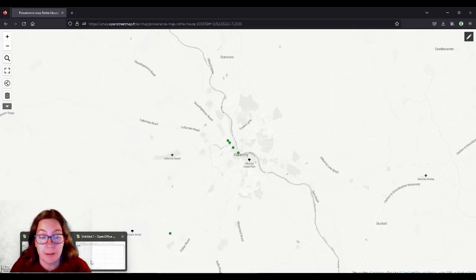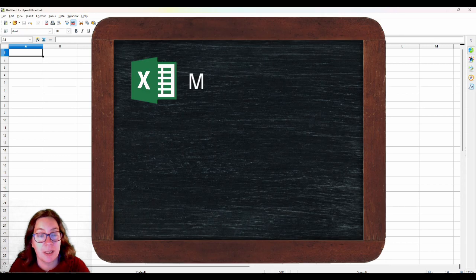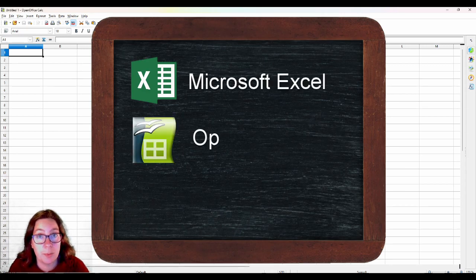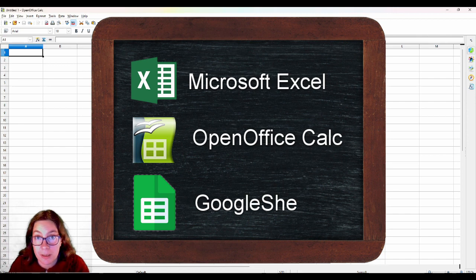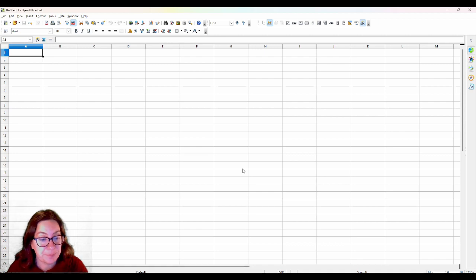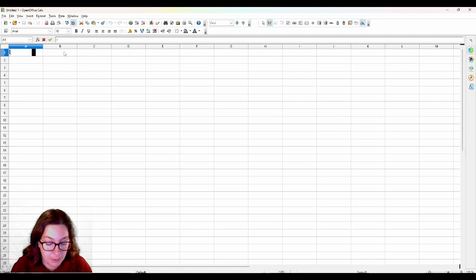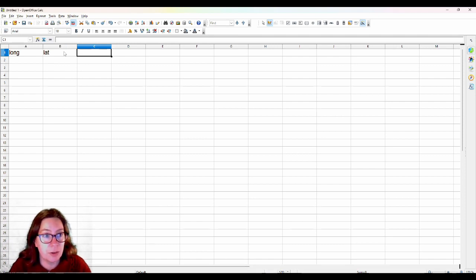So what you need then, the person who knows how to use spreadsheets gets their spreadsheet, and you can use Microsoft Word, or you can use the OpenOffice version, or you can use Google Sheets. But of course, then you need internet access if you want to use Google Sheets. And you also need a Gmail address. But I will use the OpenOffice version, which is called Calc for calculator, I presume. And you only need one sheet for it. And the first two columns are going to be the longitude and latitude. So you can just type in long and lat, or the whole thing, longitude and latitude.